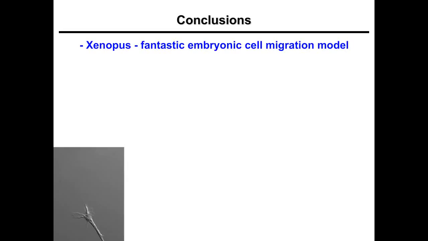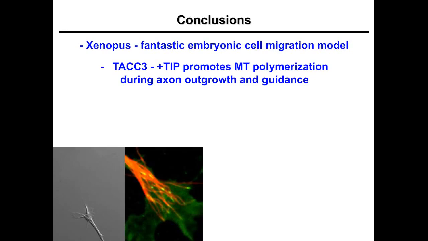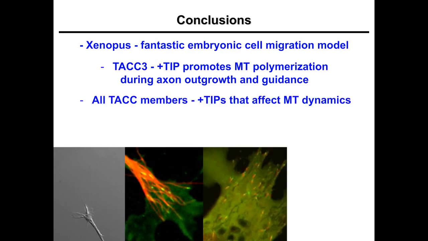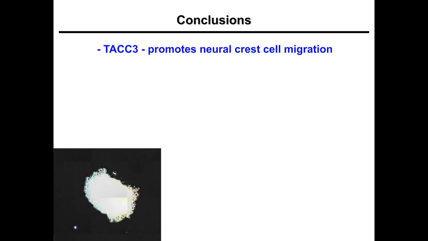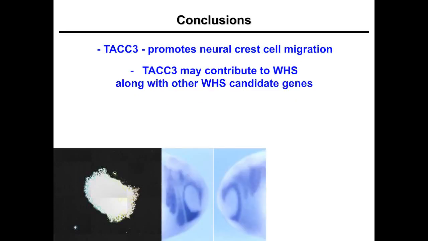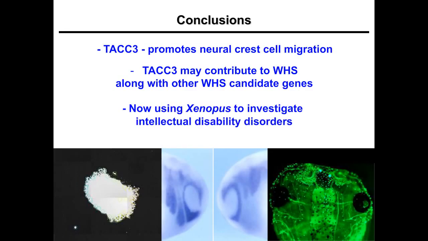First of all, I want to reiterate that Xenopus laevis is a fantastic embryonic cell migration model, that TACC3 is a plus tip that promotes microtubule polymerization during axon outgrowth and guidance, and that all TACC members are plus tips that affect microtubule dynamics. Finally, XMAP215 can couple growth cone microtubules with F-actin. TACC3 promotes neural crest cell migration. TACC3 may contribute to Wolf-Hirschhorn syndrome along with other Wolf-Hirschhorn syndrome candidate genes,